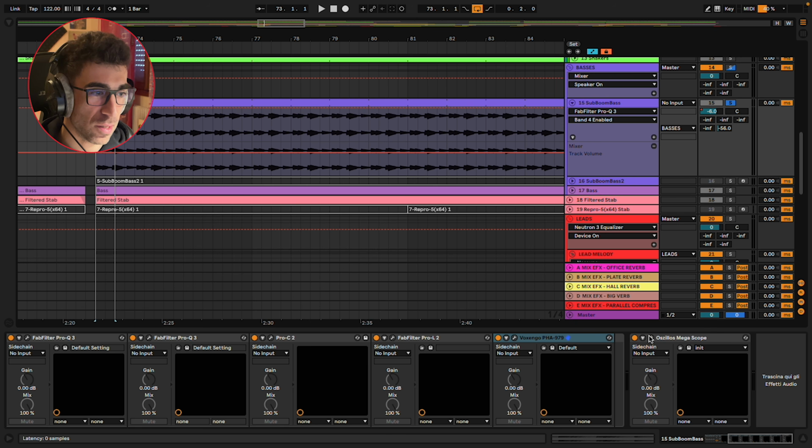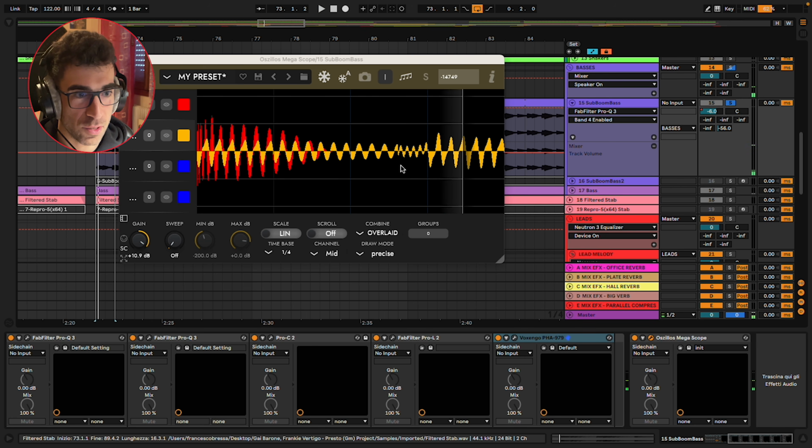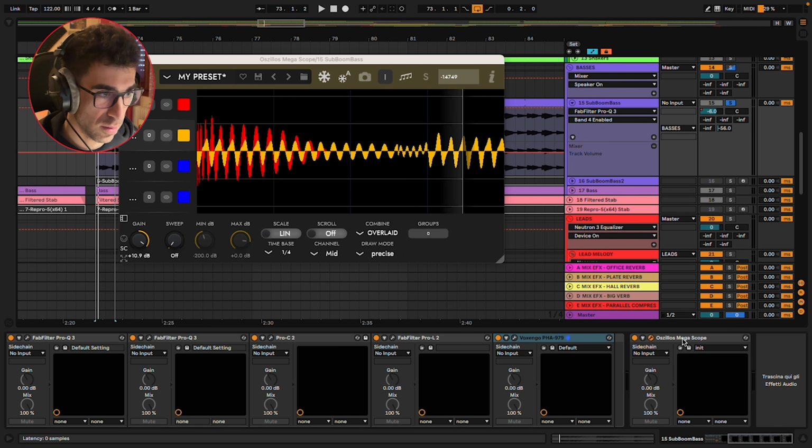So basically, as you can see, the goal here was aligning the phase of the bass with the phase of the kick. Since I started using this technique, my low end is much tighter, precise, never losing a note, and sounding really good on big sound systems, on small systems, even on my phone.